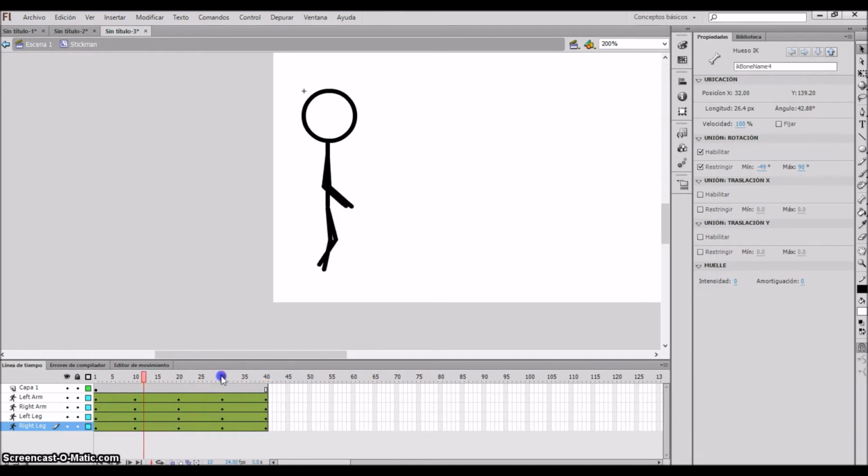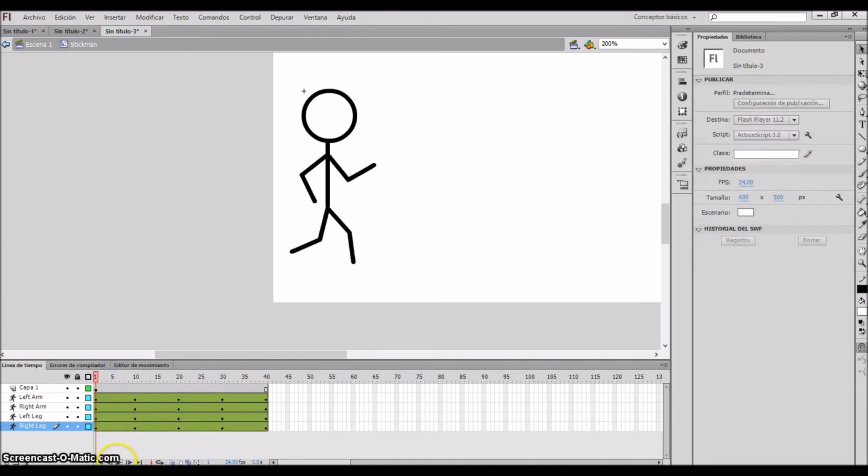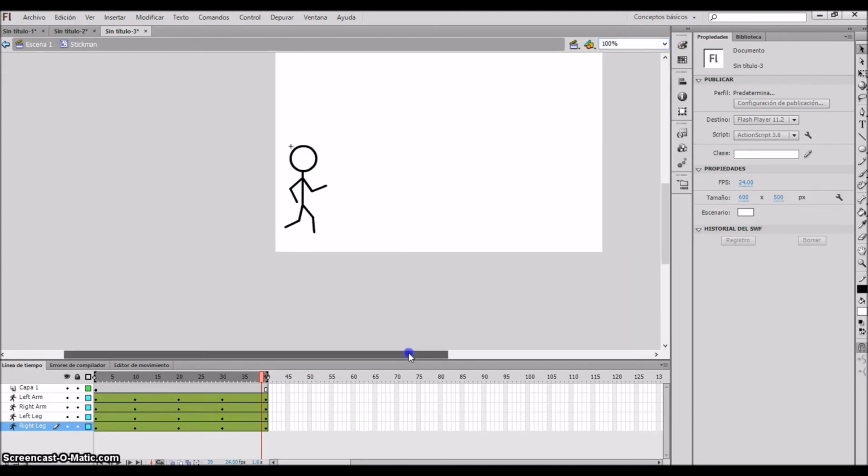So now let's try to check the play of our character, and there you go. As you can see here, if you want to check with a loop option, I can click on this option. Now I'm going to drag to select all the frames, and if I click on it, I can see my stickman in a loop way. Okay, now I'm going to stop it, and I'm going to return to the 100%. Okay,